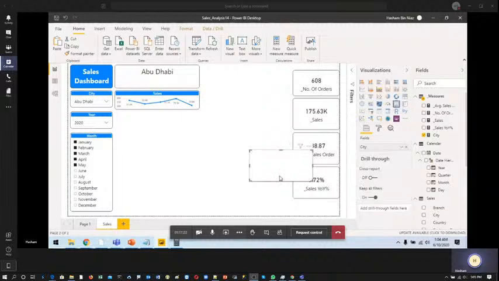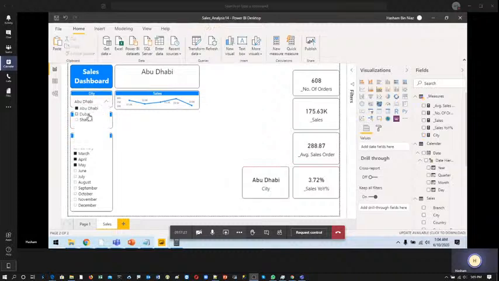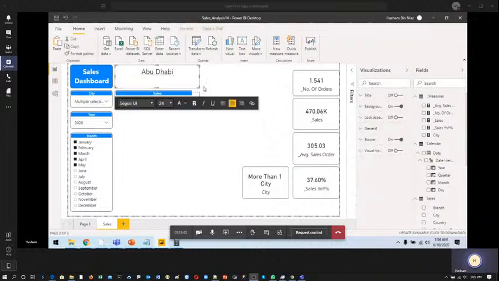And if I do it in the card visual, so this is showing me the city selected as Abu Dhabi. So if I change this to Dubai, this is changing to Dubai, and this is changing to Sharjah. So rather than having this particular text box, I can use this particular measure. If I select those two, so this is showing more than one city, right? So this is the thing I want. So if I remove this text box for now, if I deleted this text box,